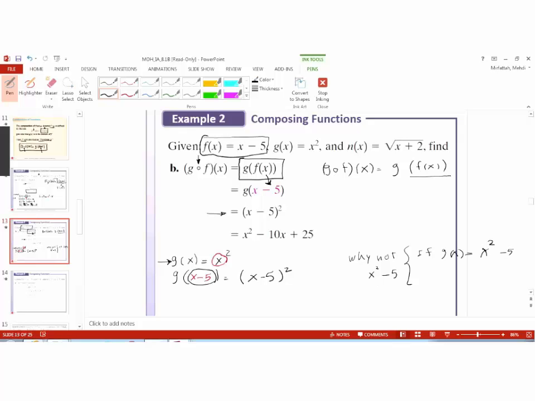Let me maybe have another example here. If g of x were x squared minus 5, then g of x squared minus 5 would be, maybe that would be a good question to ask to make this a little bit more clear. If g of x were x squared minus 5,